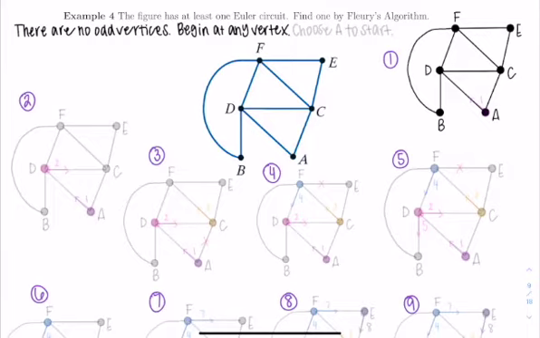A lot of times we just choose A to start. I'm going to do each step in a separate graph so that you can see the transition and the thought process behind all of it. So starting with A,